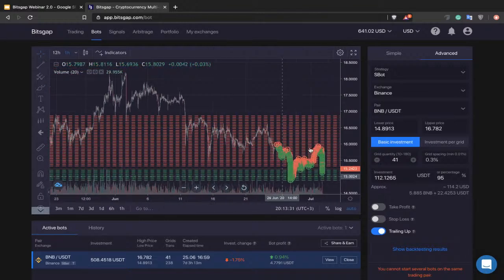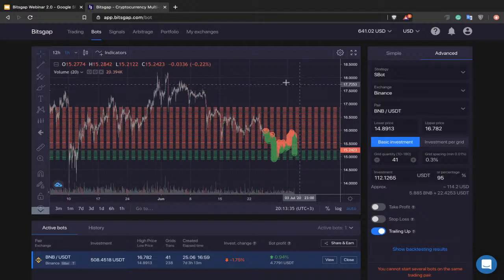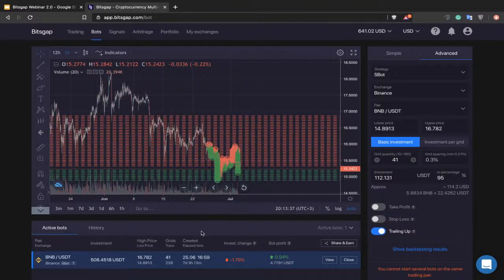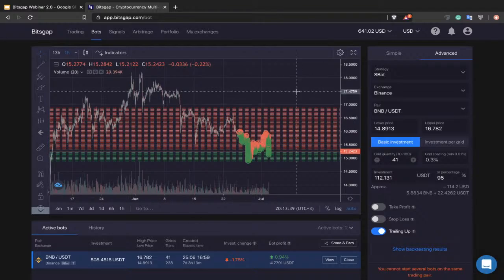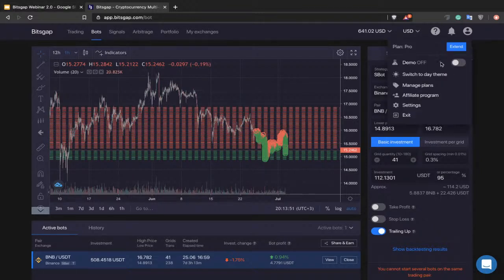I expect BNB to appreciate from that point. That is why I've launched this bot. I expect BNB to appreciate, or at least to move in the sideways market, so that I would get my decent returns eventually. Now let's come back to demo mode